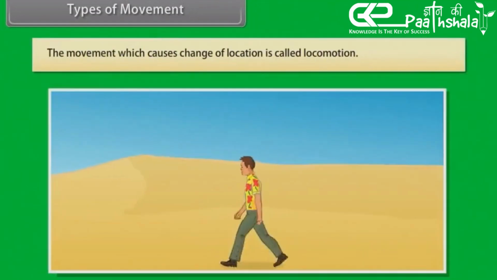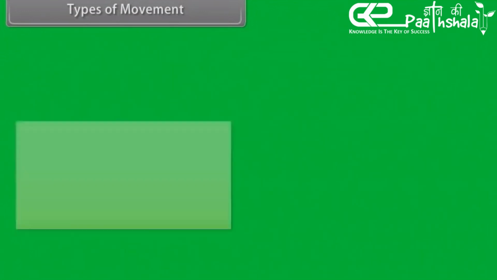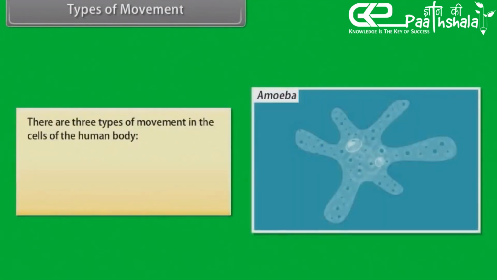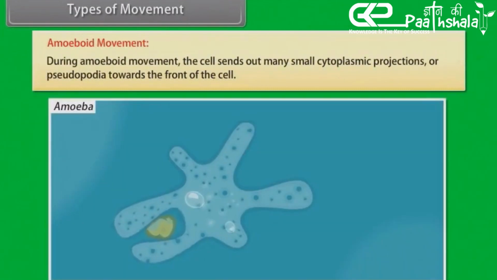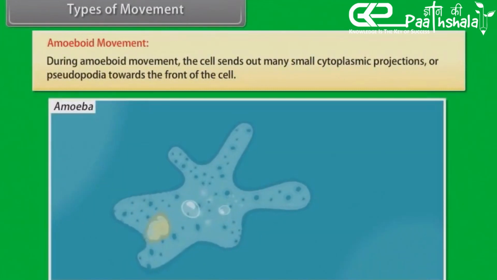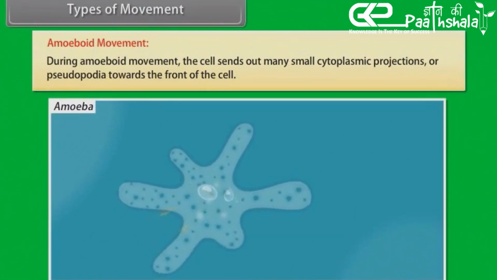The movement which causes change of location is called locomotion. There are three types of movements in the cells of the human body: amoeboid, ciliary, and muscular. Amoeboid movement. During amoeboid movement, the cell sends out many small cytoplasmic projections or pseudopodia towards the front of the